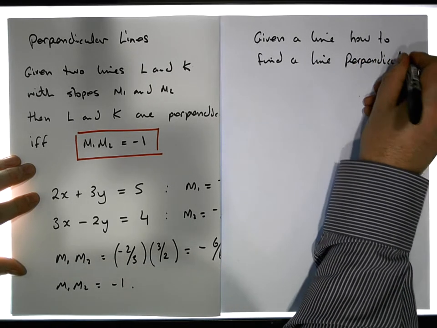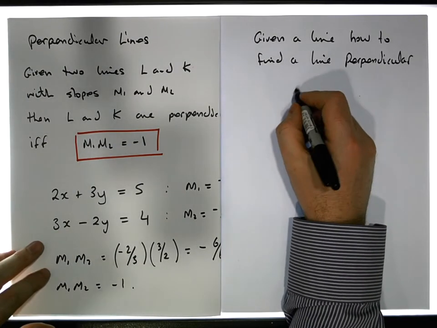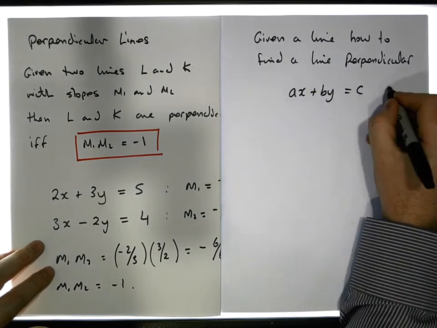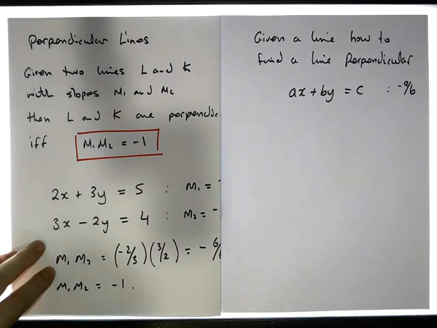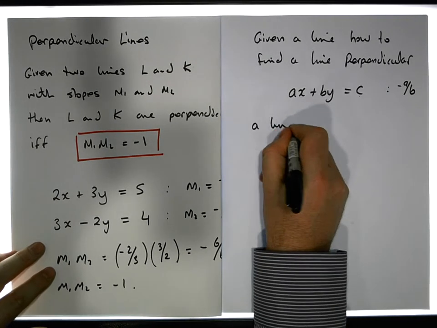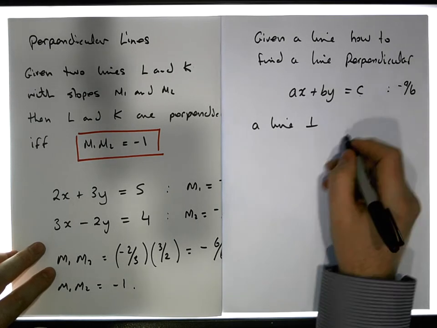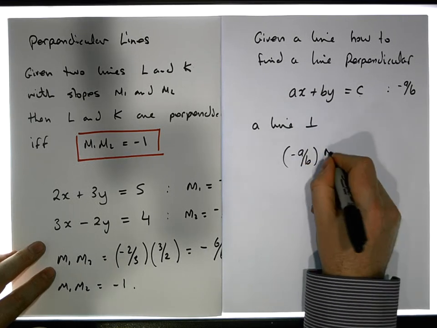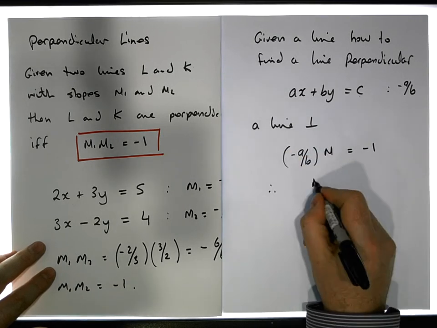Let's say we have ax plus by is equal to c. The slope of this line is minus a over b. For a perpendicular line, its slope times this slope must equal minus 1. So we have minus a over b times the slope of the other line, m, must be equal to minus 1, and therefore the slope m of this perpendicular line must be equal to